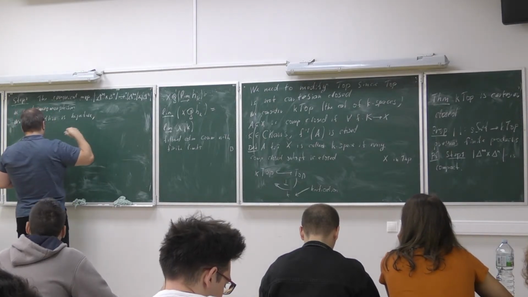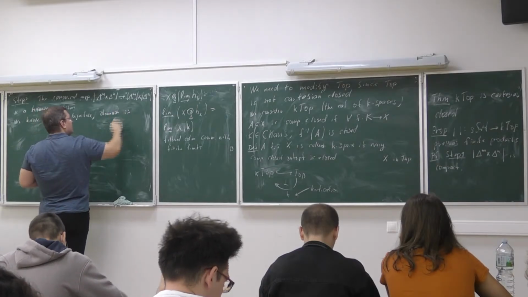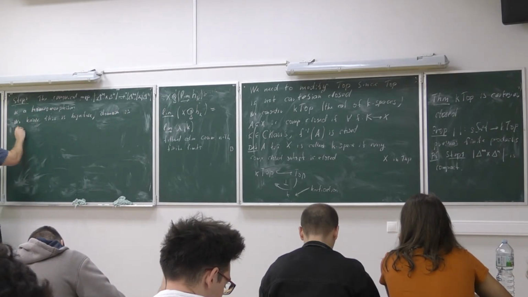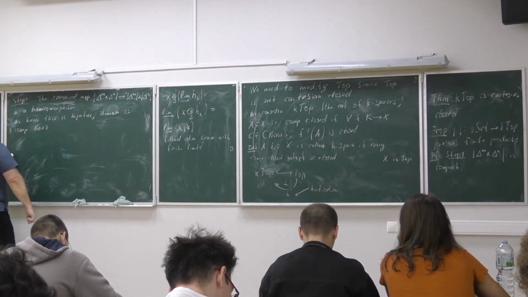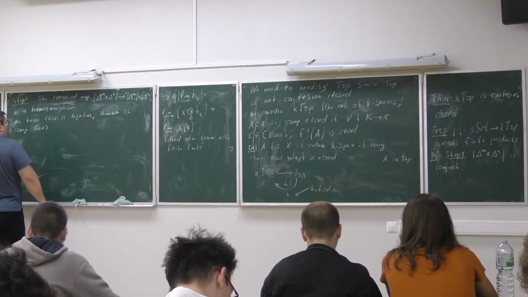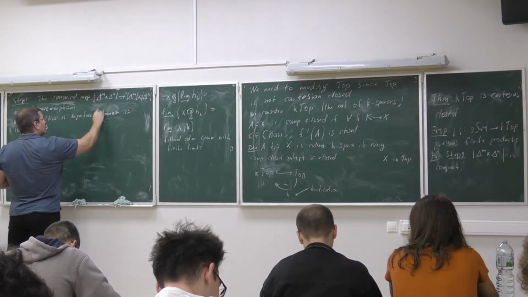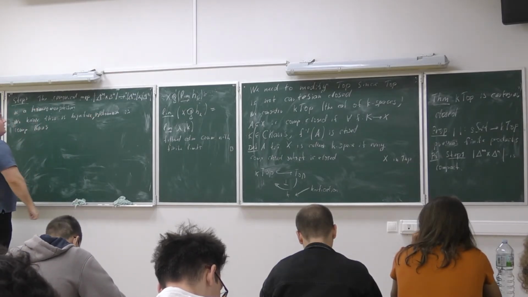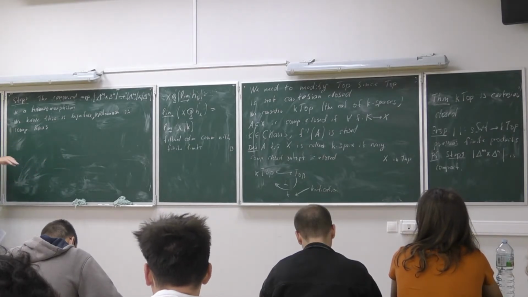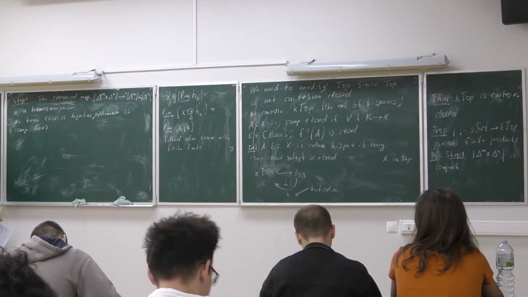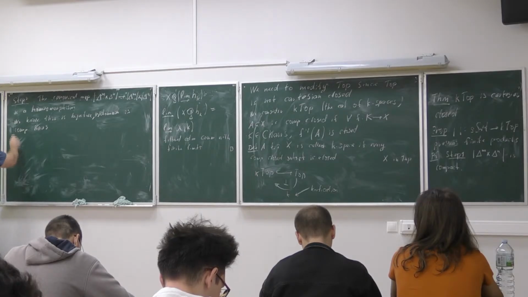We know that the domain is compact Hausdorff, and the codomain is also compact Hausdorff, right? So domain and codomain are both compact Hausdorff. By the general theorem, if you have a bijective continuous map of compact Hausdorff spaces, then it is a homeomorphism. So that's the end of the proof of step two. And finally,